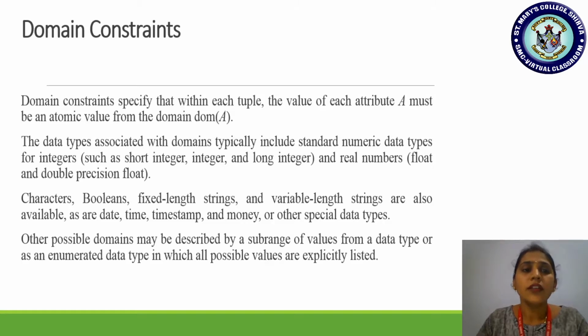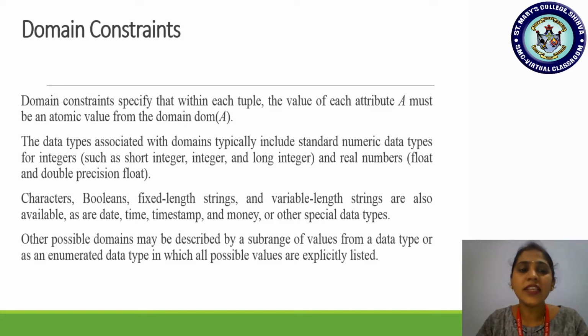Okay, so domain constraints. So you know the meaning of a domain, right? Student is a relation, and in a student relation you have many rows, and rows are given what names? Tuples, right? And in each tuple you are finding certain columns. According to our student relation example, we had 7 columns, 7 attributes, right? So the attributes, attribute 1, 2, 3, 4, these are all with domains, right?